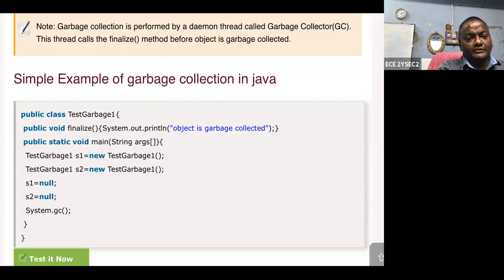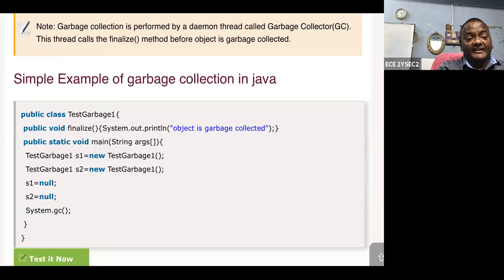S1 is equal to new TestGarbage1, and the second object S2 is equal to new TestGarbage1. Whenever the objects are created, then S1 is equal to null, S2 is equal to null. Whenever S1 and S2 are assigned null, the references are 0. Then it directly calls the method. What is the method? System.gc.